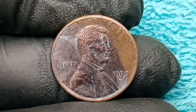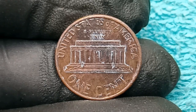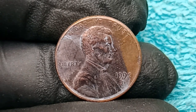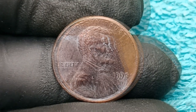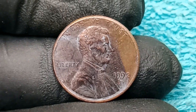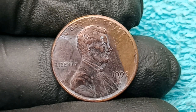And as we unpack this extraordinary story, we'll explore the different types of mint errors that can occur, the specific features that make the 1992 AD so unique, the circumstances that could have led to its creation, and the reasons why collectors and investors are willing to pay staggering sums of money for a coin whose face value is merely 1 cent, starting with the historical backdrop of the early 1990s when the United States Mint was transitioning through different